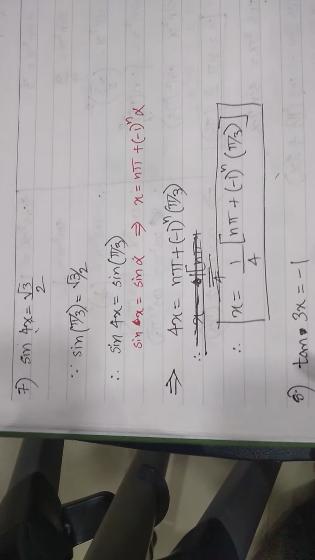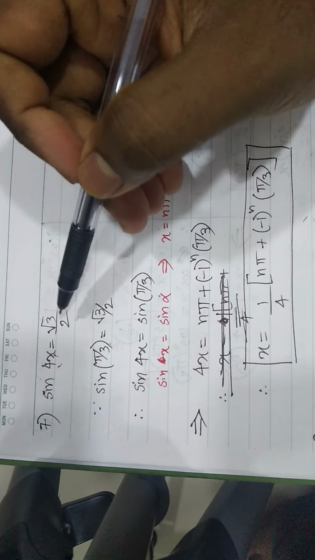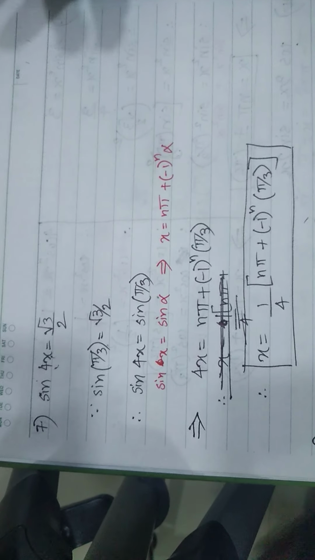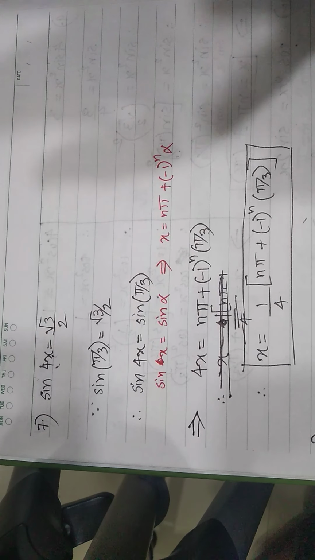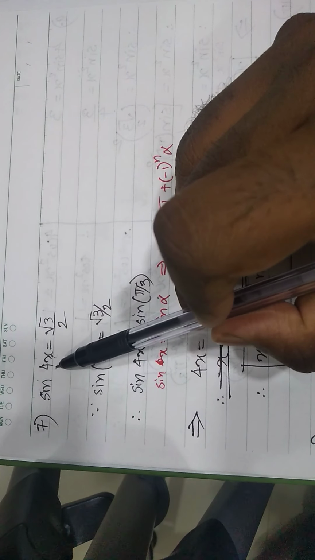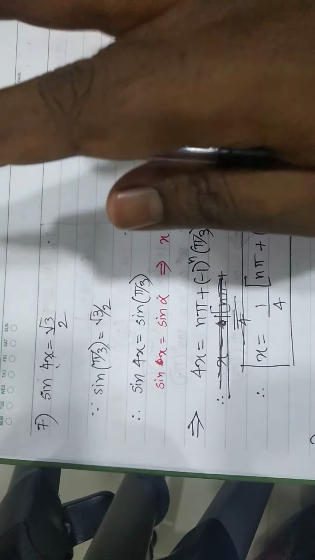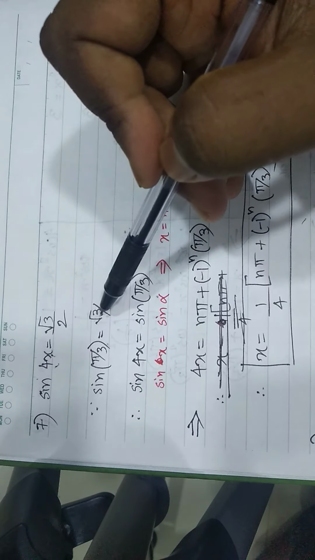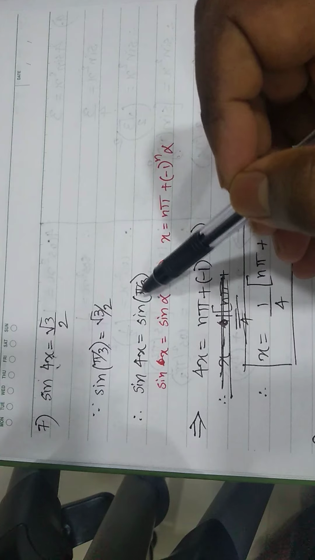Great. So let's move on to the next bunch of problems. Let's look at this problem on the screen. Sine 4x equal to root 3 by 2. Now please don't get scared by the coefficient 4 which is there with x. Just treat this problem the way you've been treating the problems so far. The only difference is now you have a coefficient which is more than 1. Right now you have 4x. The problem proceeds in the same way. You identify for which angle the sine ratio is root 3 by 2. We've identified it, it is pi by 3. So you'll have sine 4x equal to sine pi by 3.